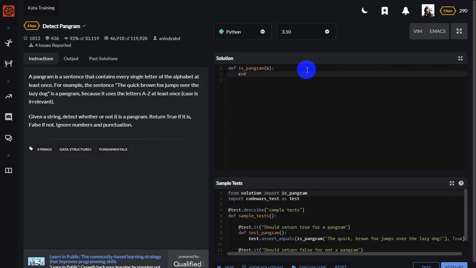Okay, first of all we create a counter. Next, our string, format to lower case alphabet and assign this. After this, our string